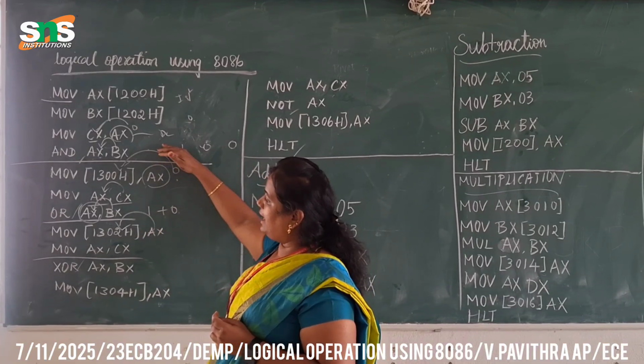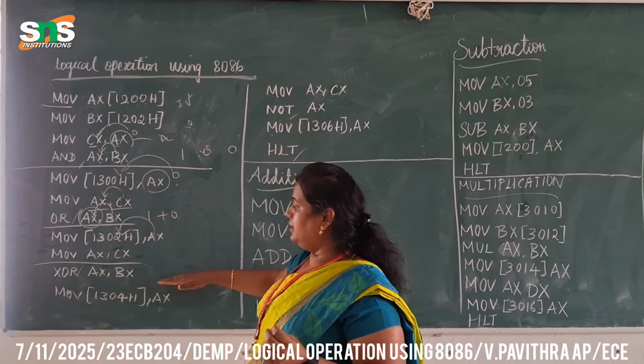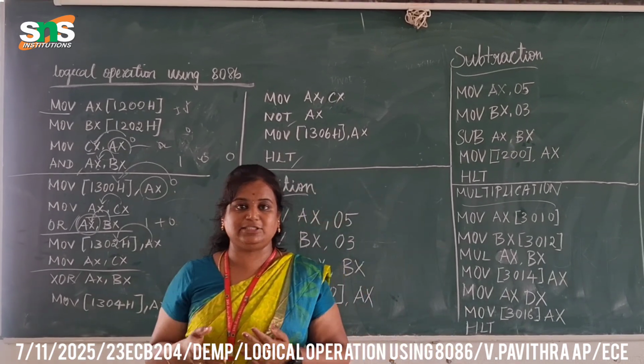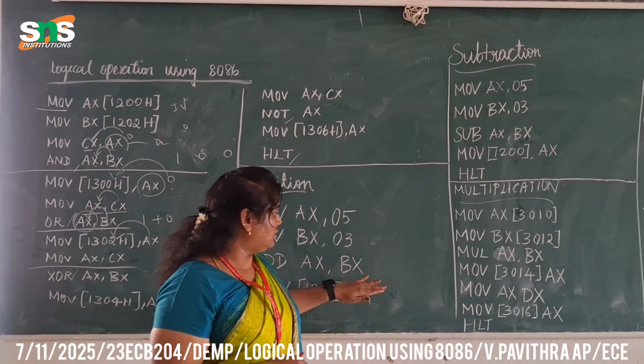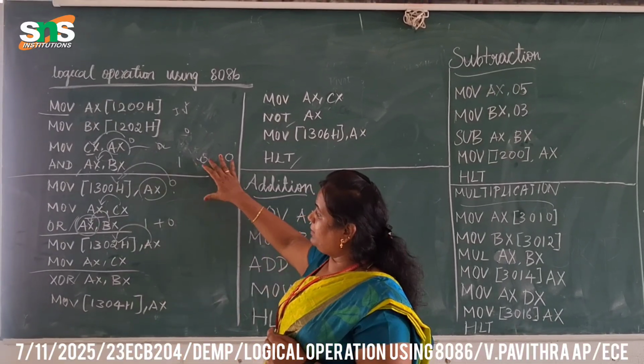I have explained the AND, OR, and today I'm going to explain the XOR gate and NOT gate. Also, in the last class I gave some introduction about the arithmetical operation, so I am going to explain one by one. Okay. So first of all, we have completed up to this.